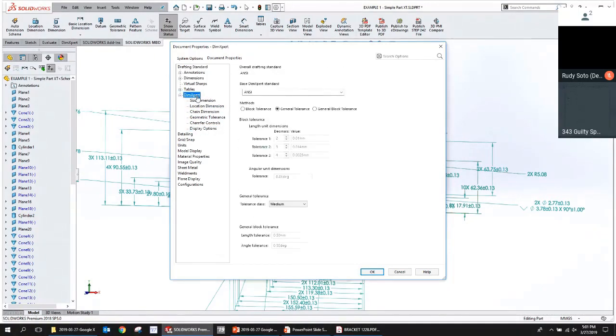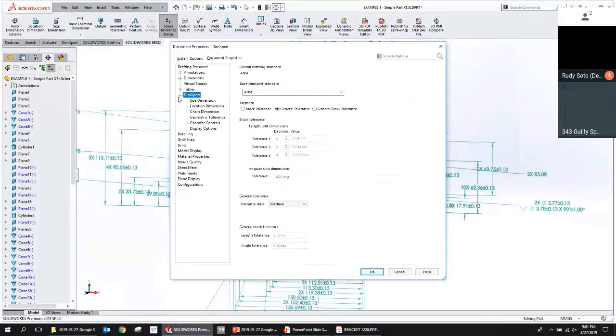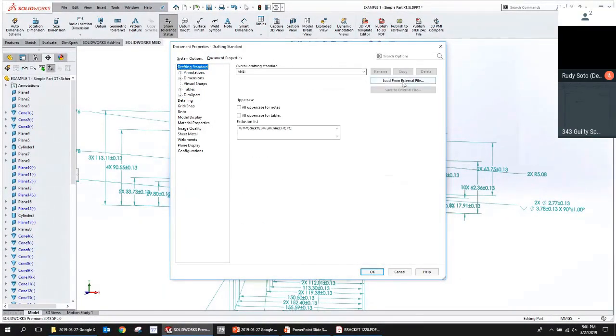Now, before I go any further, I just want to call to your attention that we've got these two tabs here, System Options and Document Properties. And everything on the Document Properties tab is saved when you create a template. So everything on Document Properties is included with the template. That's important to know when you're setting up MBD, because it means you can set up a template that has appropriate dimension sizes, and in this case, appropriate tolerancing options. The other thing to call to your attention is this is also a subset of the drafting standard. So this is another place where, once you get it really humming along and working well, you can save off these settings into what's called a drafting standard.